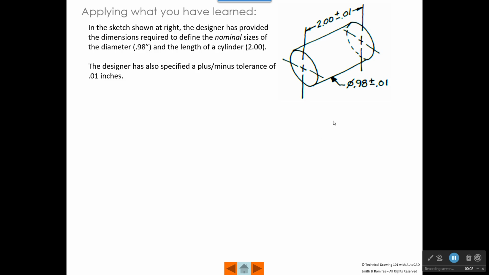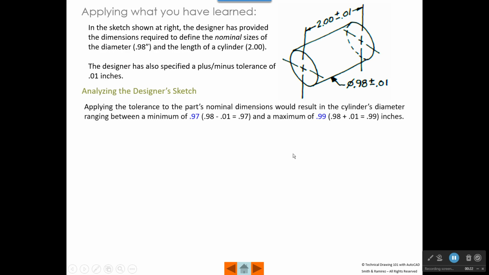Okay, let's see if we can apply some of what we've learned about tolerancing. In the sketch at right, the designer has provided the dimensions required to define the nominal sizes, the diameter, and the length of this cylinder, and also a plus or minus tolerance. If we analyze this sketch a little bit, we can see that if we apply a tolerance to the part's